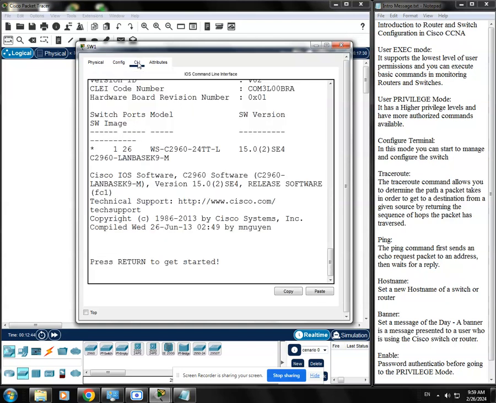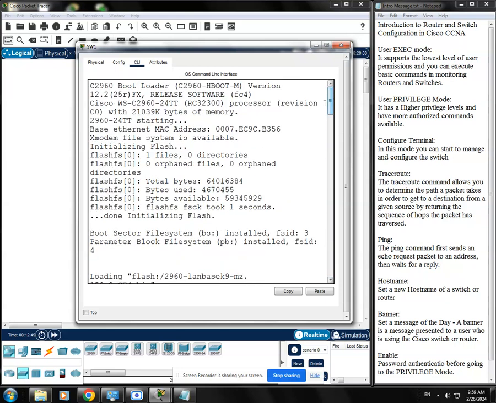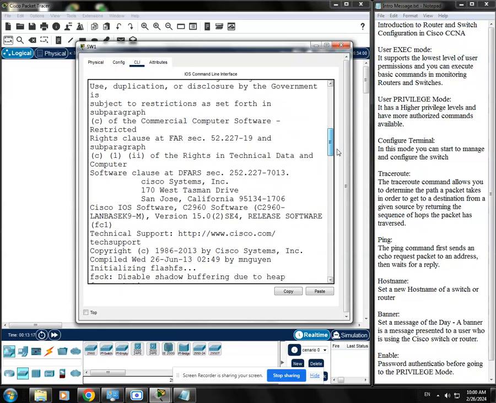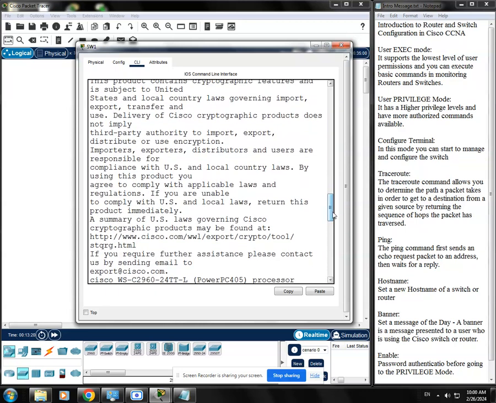Click the CLI. Okay, so this is the command line interface, and on this tab you'll be able to see the information about the switch. You'll see the version of the switch, the processor and memory, and the MAC address. And also, you will see the IOS file that is installed on the switch, which is this one. So any information that you see in here is all about the switch. So let's scroll down,